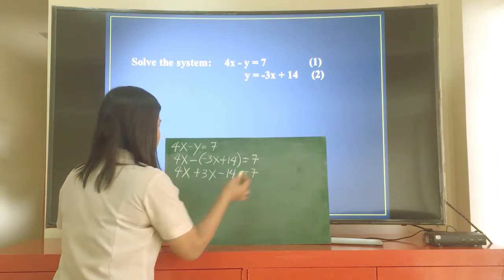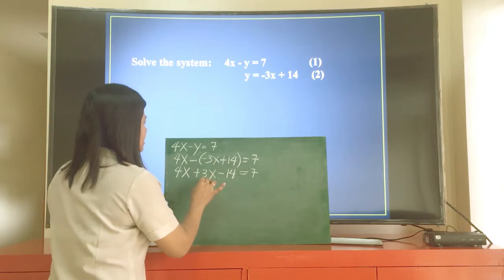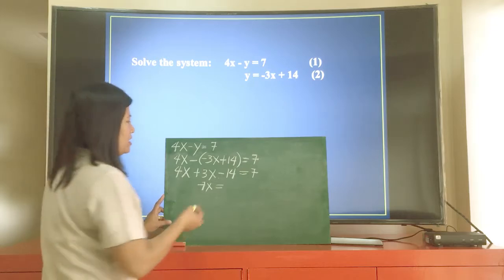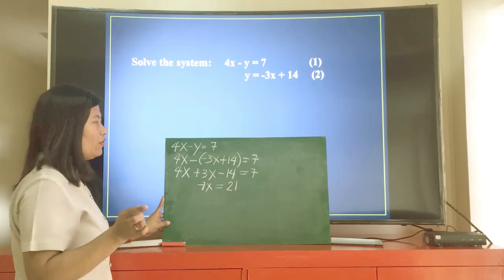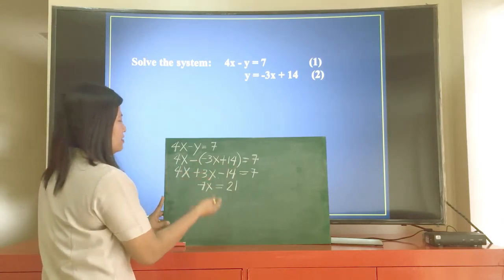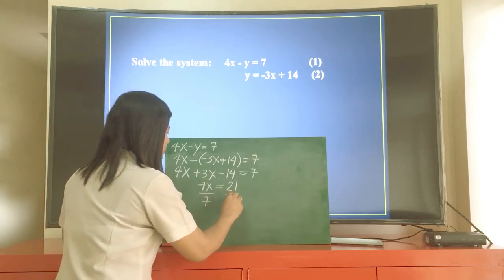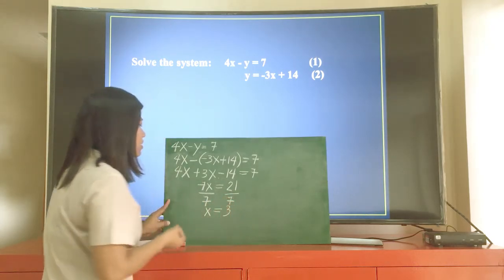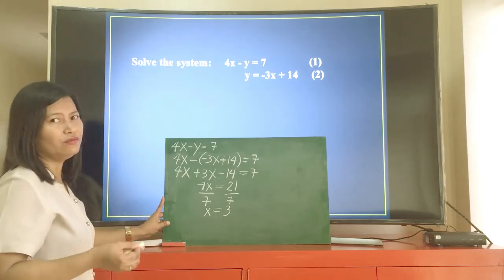Copy 7. We combine similar terms. 4x plus 3x is 7x. 7 plus 14 is 21. We added 14 to both sides of the equation so that on this side, we only have the x terms. Dividing both sides of the equation by 7, our x is 3. We now substitute 3 for x in either equation 1 or 2 for us to have